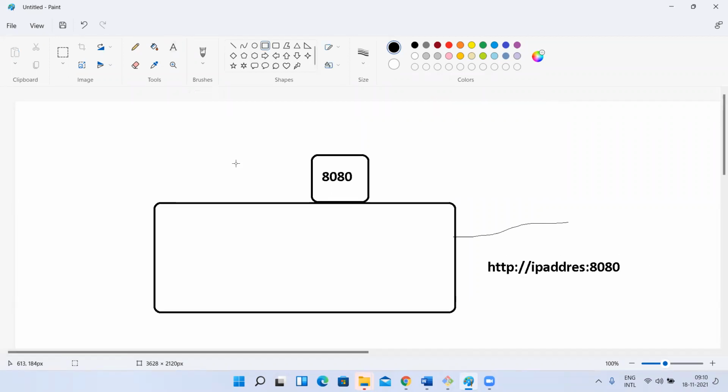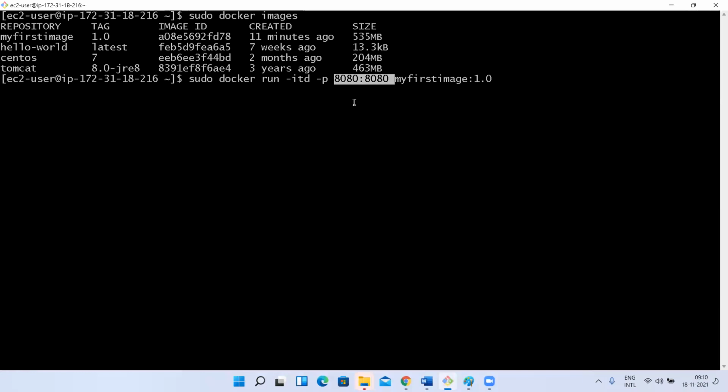I can have multiple containers like this. You please redirect that request to this container which is running on 8080 port number. So for that you have to tell it like this. I'll explain more about these port numbers once again. For now, remember that if someone tries to access the host with the 8080 port number, that has to be redirected to the container which is running with the 8080 port. Understood, guys?